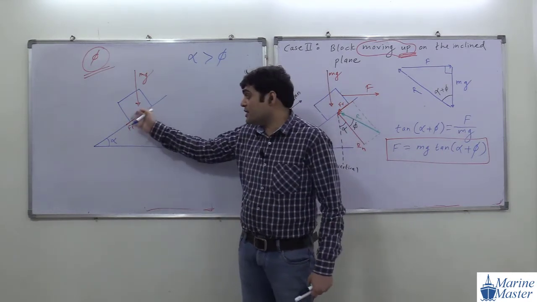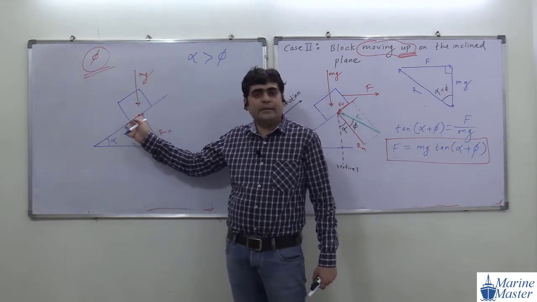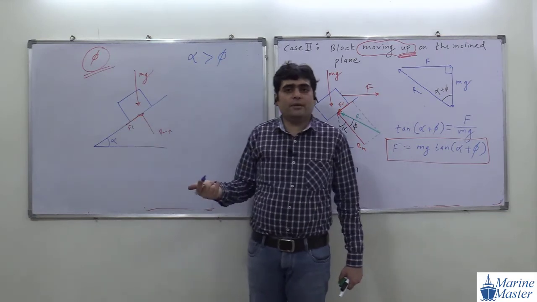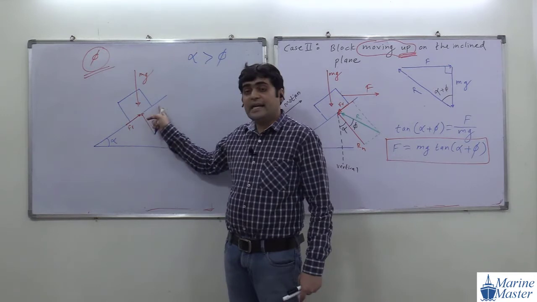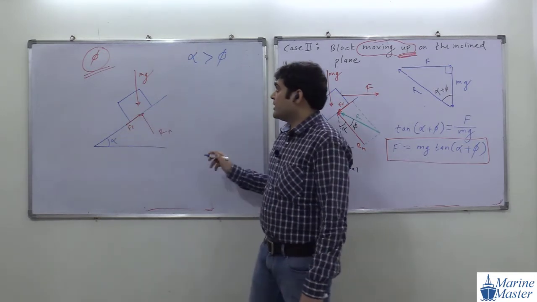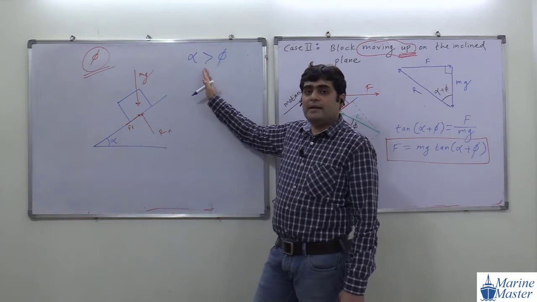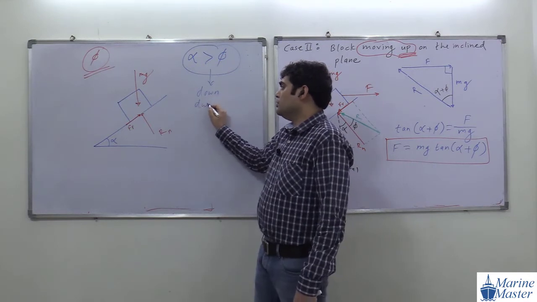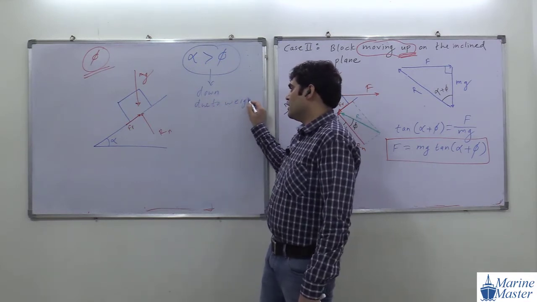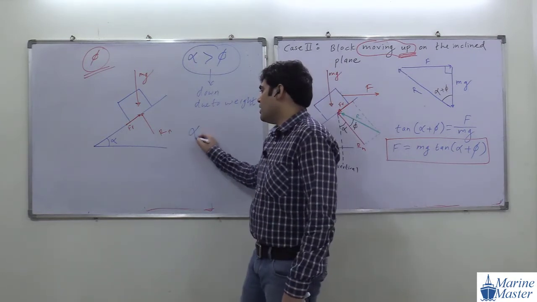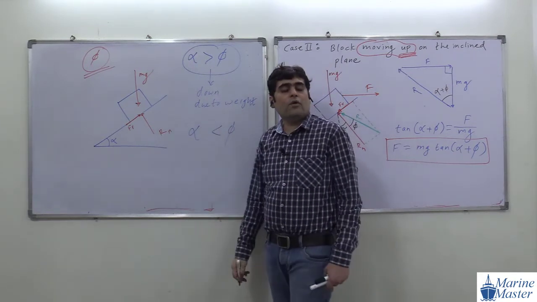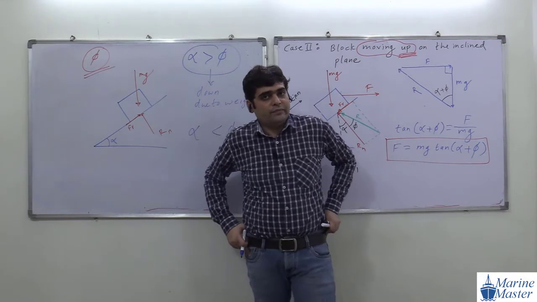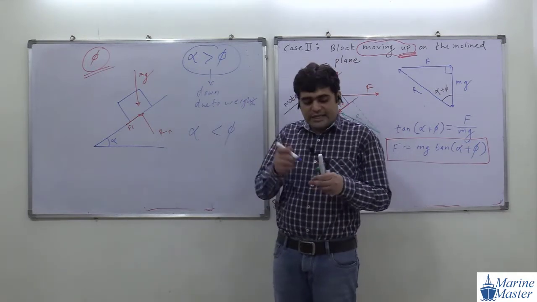Yes, for this scenario, I am talking about the inclined plane. For any mass, it can be any, but I am talking about this scenario, the inclined plane. If alpha is greater than phi, then the object goes down due to its weight. Are you getting my point? If alpha is less than phi, the object will not go down on its own. So you got the importance of phi. Everyone getting my point? That is the angle of friction.